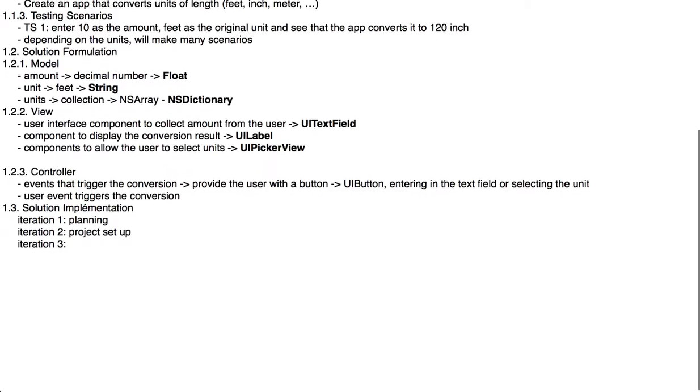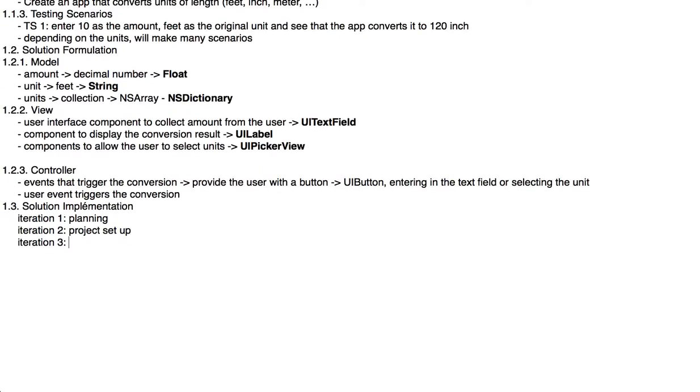What I want to do in iteration three is first display the units to the user in a picker view, because I have never used the picker view component. So my first iteration is just to display the units in the picker view, and then iteration 4 is to display the units